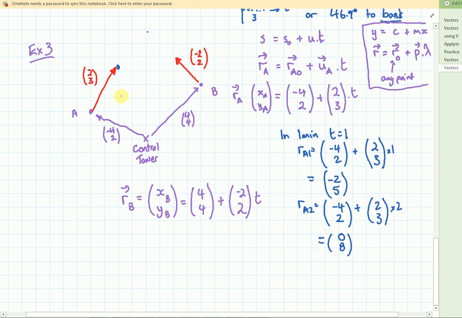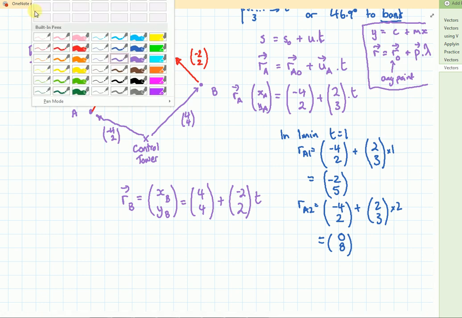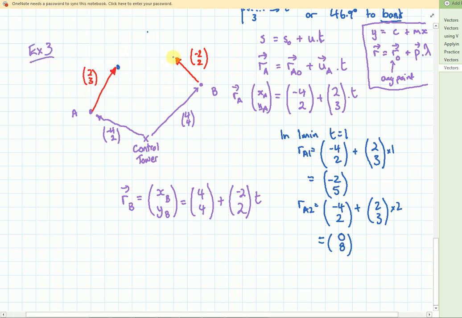And we can find out where it's going to be in 1 hour's time. It should be here, so it should be 2, 6. So the position of B after 1 hour is going to be 4, 4 plus minus 2, 2 times 1, which gives me 4 plus minus 2 is 2, and 4 plus 2 is 6. So what we can see from the numbers is these planes are coming closer together, and now the question is,